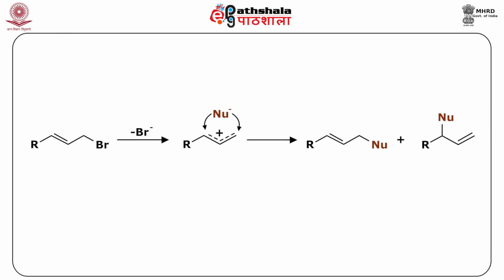The next example, consider this unsaturated halide, and the major product formed here is a secondary substituted product. As we discussed the stability of allylic carbocations, here also the same rule holds, and thus the nucleophile can attack at both places. However, the primary is not favored, the secondary is favored. So the majority will be the product from the nucleophile attacking the secondary carbocation which is formed.